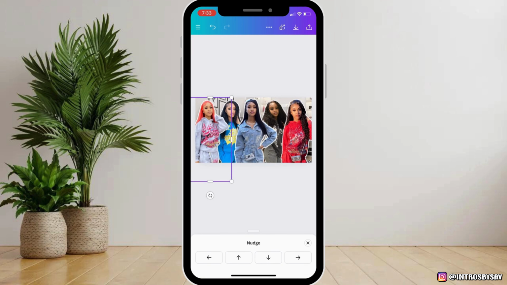Once you get everything the way you want it to look, we're going to add text. So you're going to click on text, and for this I am typing in Shein try on haul. And we're just going to make that bigger, center it towards the bottom, and I'm going to click color and turn that to white. Now I'm going to change the font, so I'm just going to go to font and